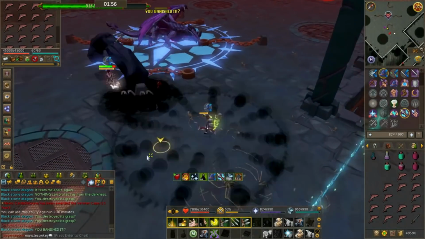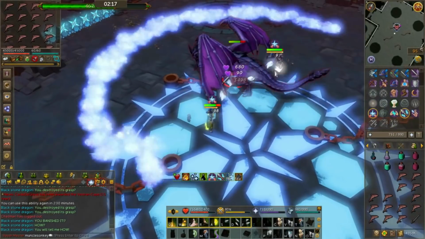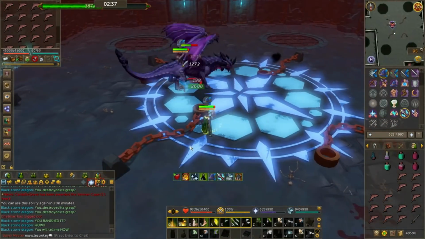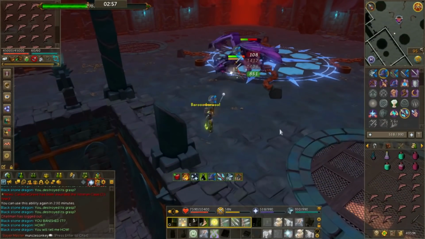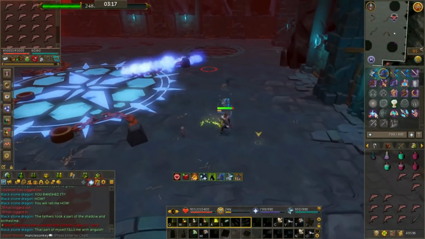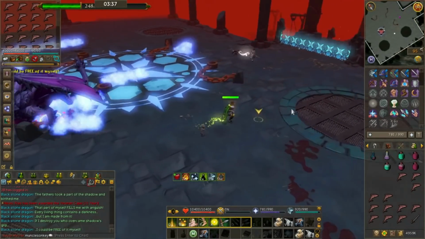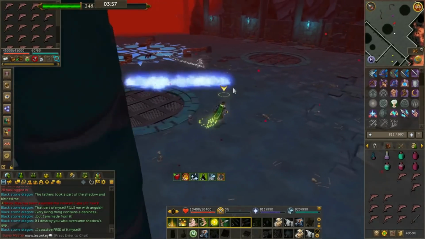The first 2 deaths were just kind of a learning experience, but after that it was pretty smooth sailing. It's a bit of a mechanic-heavy boss, and the mechanics are dangerous, but they're also not particularly difficult to dodge. So once you get the mechanics down, it's not too bad. So I was able to get my first KC at Elite Dungeons, which is one less thing that is needed for the Reaper title,